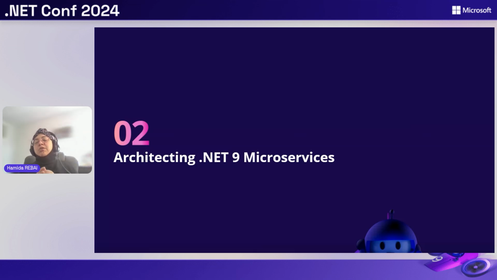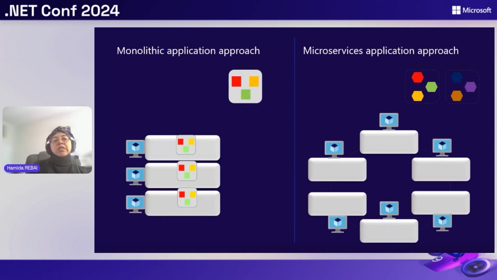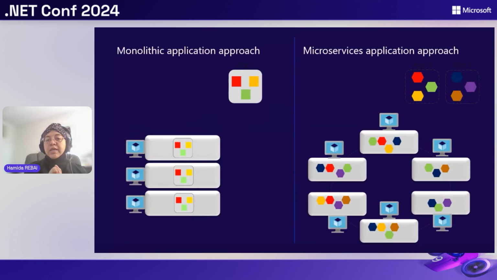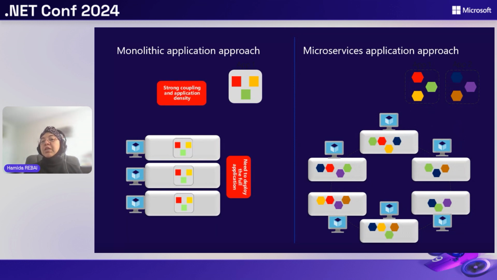But before moving to talk about microservices, we know that we have a lot of architectures to use. The most known is the monolithic application approach. We can see here in the first case, we have a traditional application. A traditional application can include the different layers: presentation layer, service layer, database layer, or data layer. So we can have different layers, which is good practice, yes, but it's inside one block. In our case, it's one package, only one package, and the scaling will be done by cloning the app on multiple servers or virtual machines.